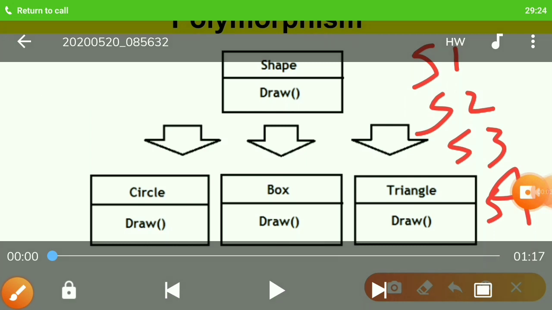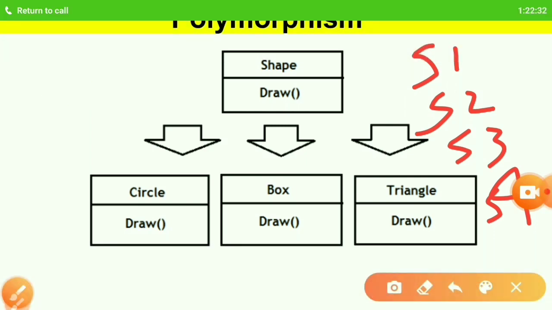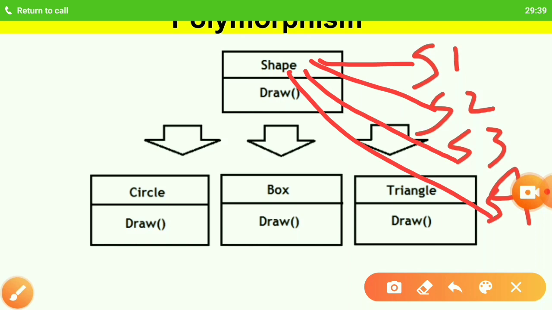So let's say we have four different objects: S1, S2, S3, and S4, all belonging to the category of shape.